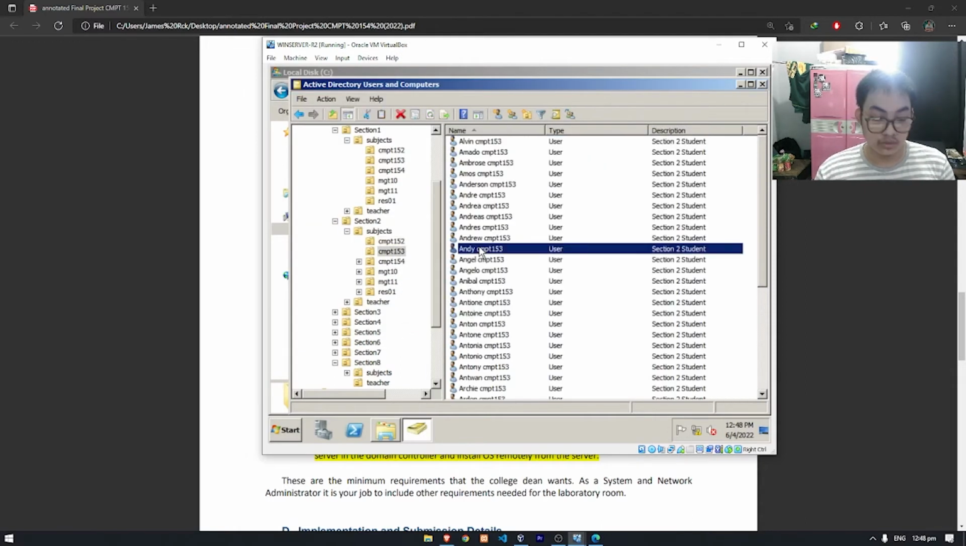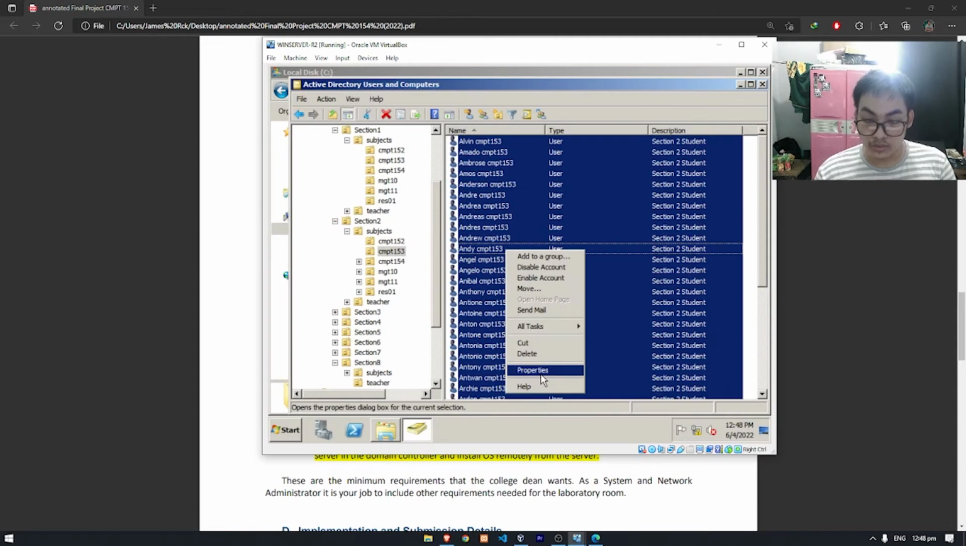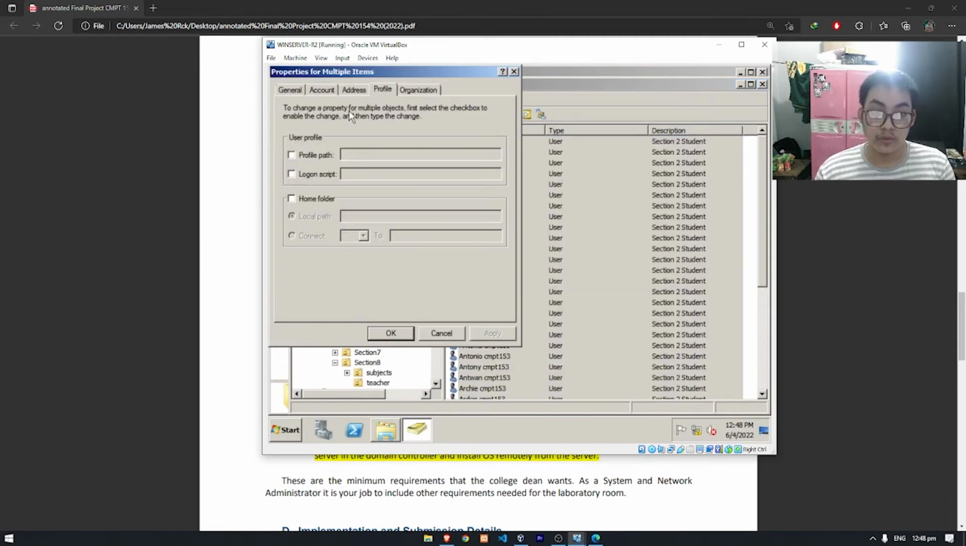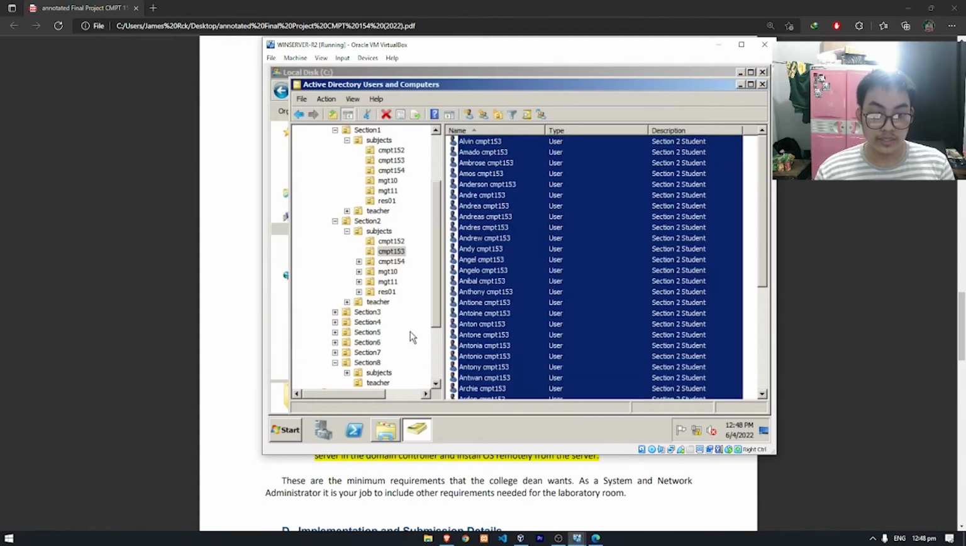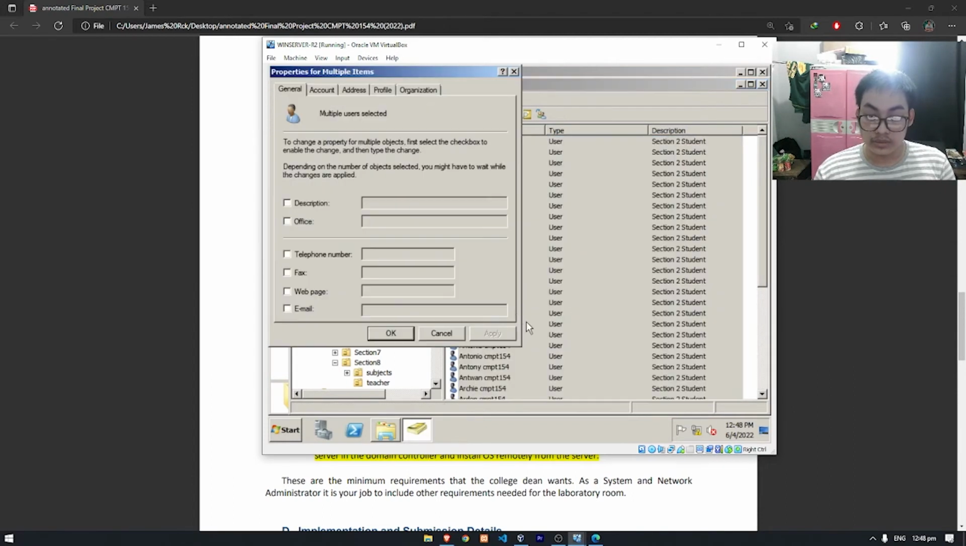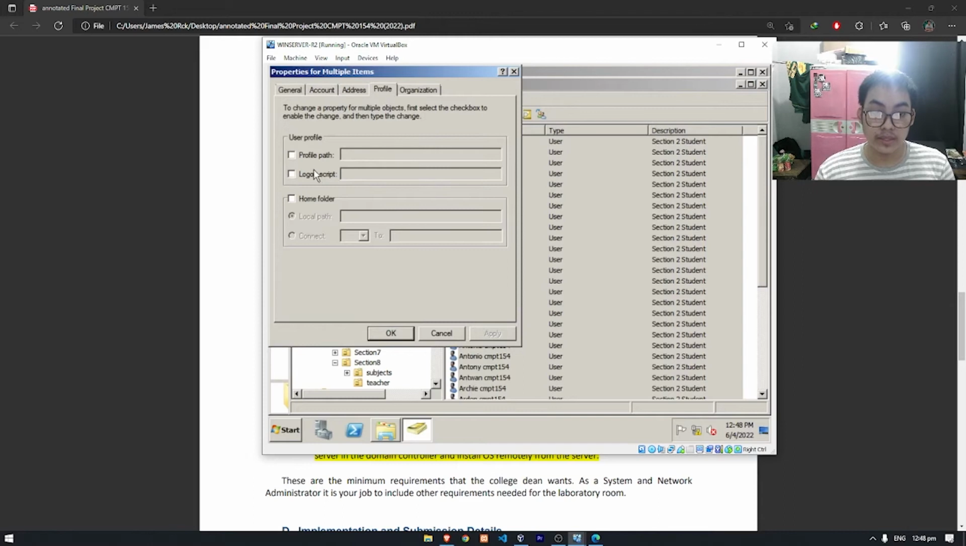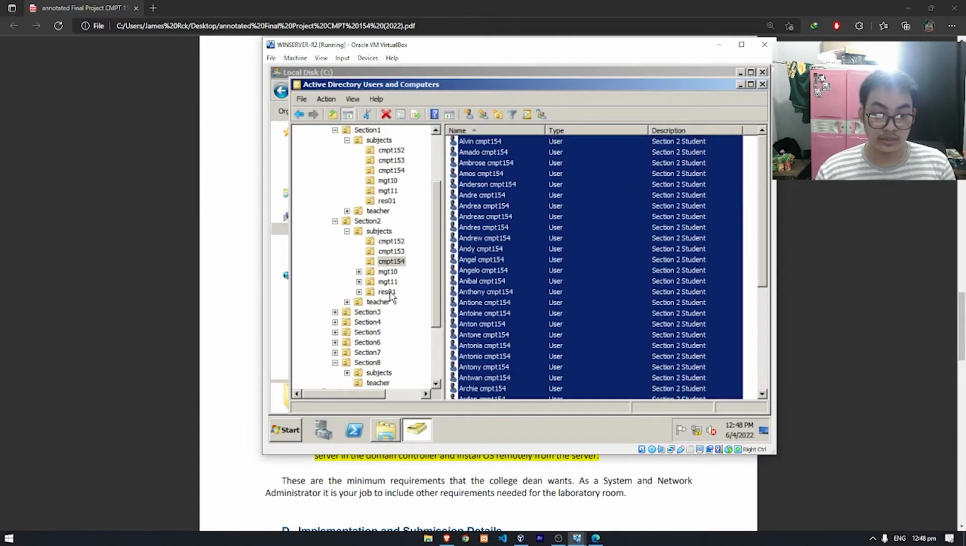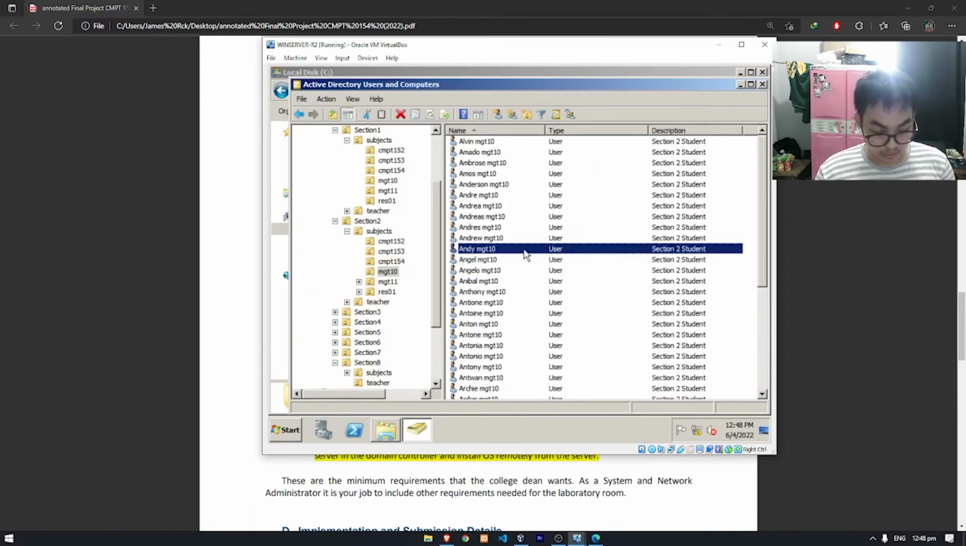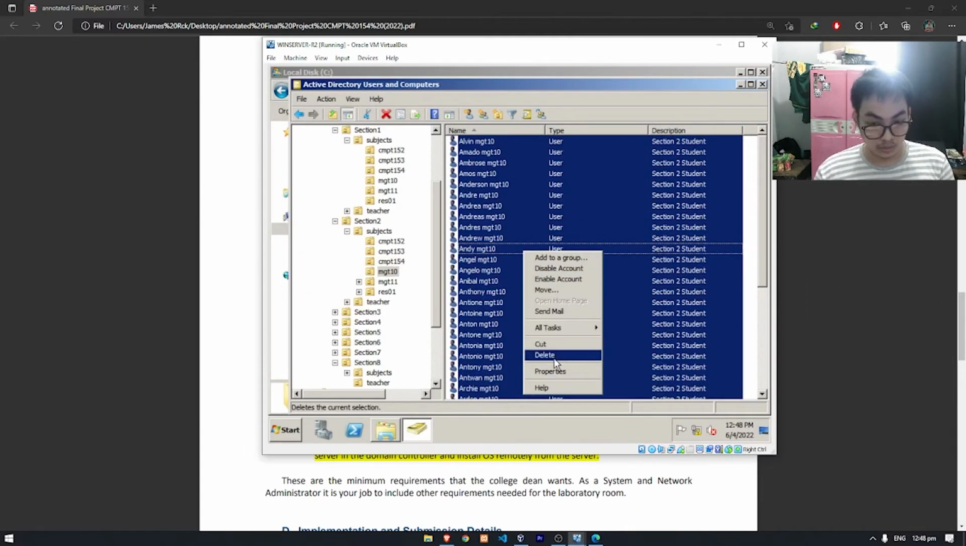Next, subject, Control A, right click, go to the properties, profile path, then paste, go to apply, OK. Next, subject, Control A, go to the properties, go for our profile, and then profile path, Control V, then apply, OK. Next, MGT10, Control A, all users, go to the properties,